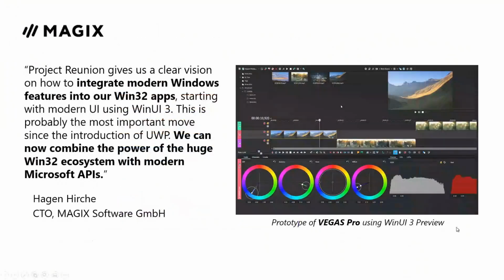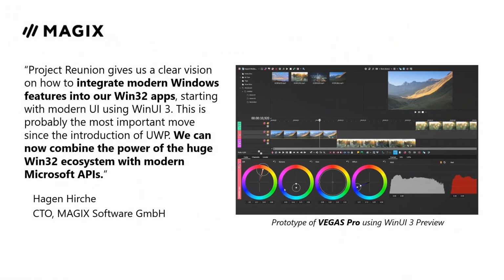And we're excited about what partners are starting to do, even with the previews already. One I'd like to highlight is Magix. This is a company that makes user-friendly multimedia software. They've been doing it since '93. They have developers around the world in Europe, the US and China, and they make apps like Vegas Pro. Their most successful apps are C++ Win32 apps that have low-level optimizations and a complete ecosystem of third-party APIs and libraries.